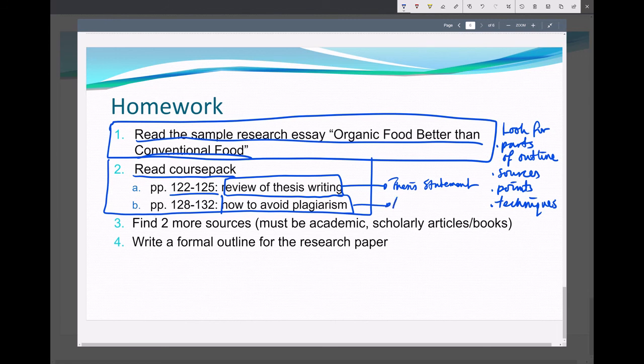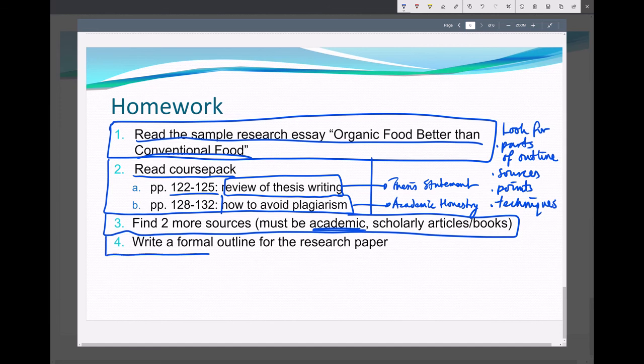So this one is about citing and paraphrasing properly, which we call academic honesty. If you plagiarize, that's academic dishonesty. So also for your homework, try to find 2 more sources from academic sources. You can use the UBC library to do that.